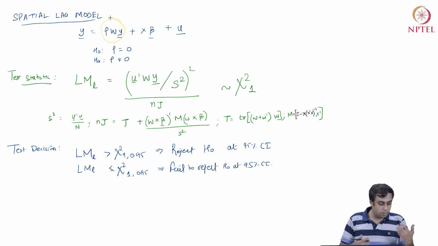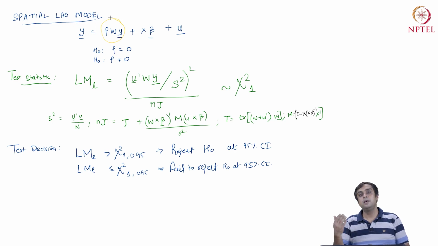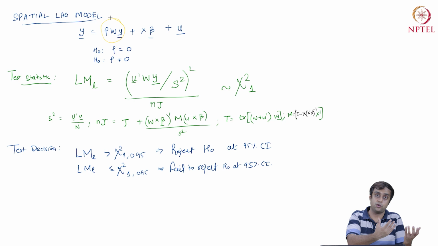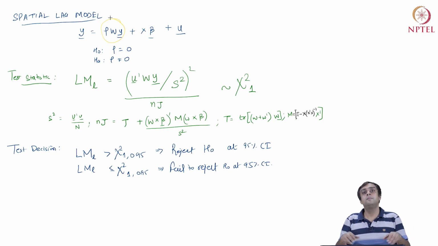Okay, so ultimately we are also often interested in choosing between these most appropriate specifications. So this is the starting point, right? If I am interested in choosing between whether I should run a spatial error model or a spatial lag model, then the starting point is to first figure out whether individually they make sense. If say both individually make sense, then probably we should go back and look at a likelihood ratio test, something that I'm not going to talk about here. But basically what you're saying is I'm trying to maximize likelihood in estimating the spatial lag, in estimating the spatial error. I want to see which fits my data better.